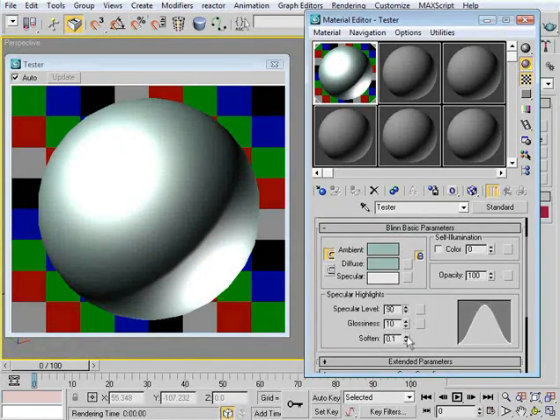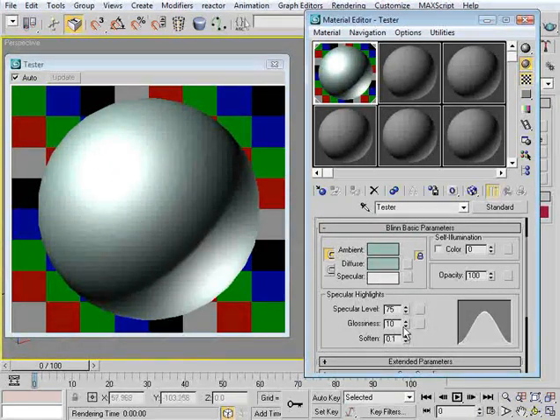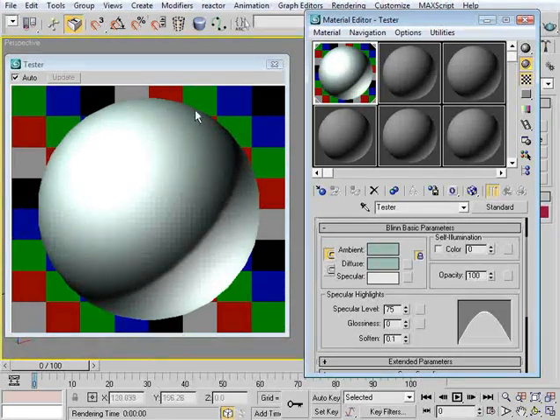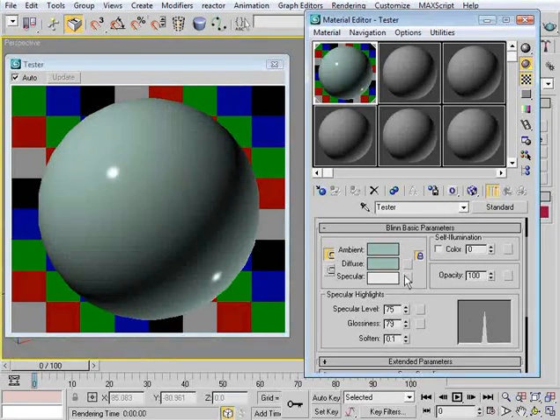Obviously, it's really shiny. Glossiness is how wide the shininess is going to be on the surface. So if we take glossiness down or have no glossiness, then it's just completely going to be specular over the entire surface. And if we crank this up, we see that the highlight gets smaller,